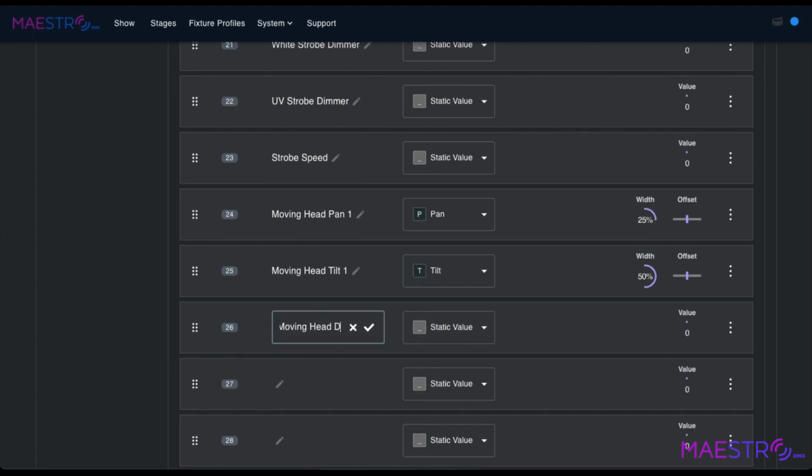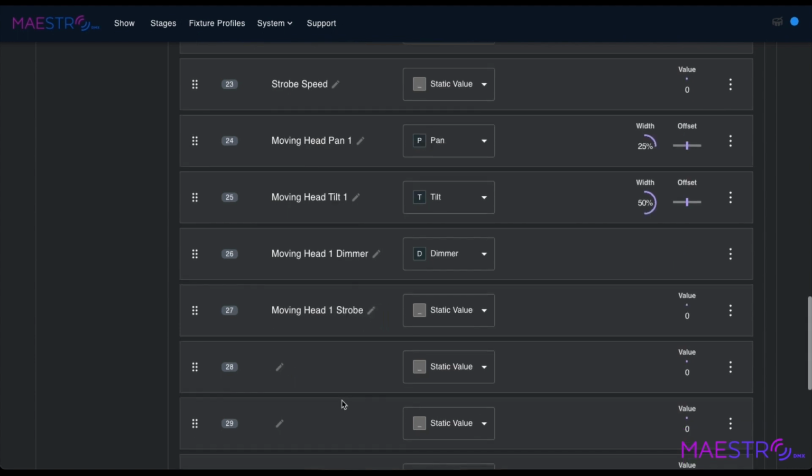And now we've got moving head dimmer. So this is where you would definitely use dimmer. It will track the RGB components, the brightness of the RGB components, and pulse with the music. And then we have moving head 1 strobe. So this is moving head 1 dimmer. And then we have the moving head